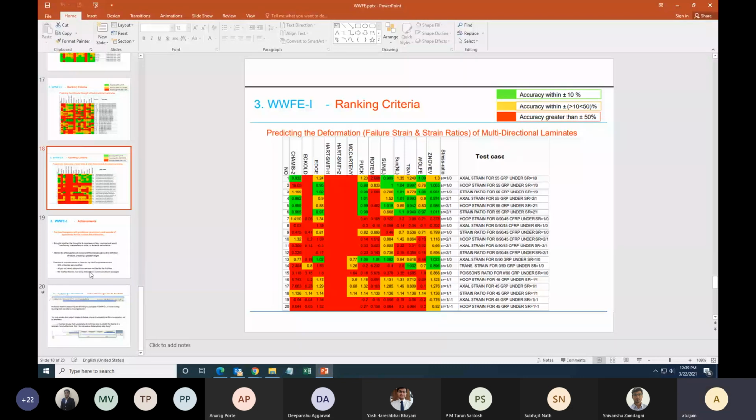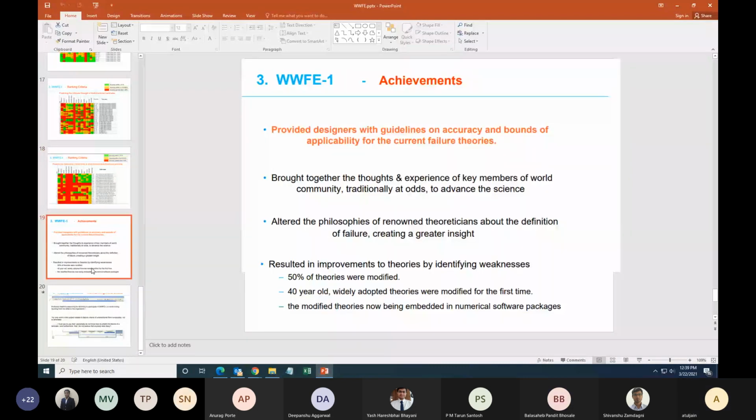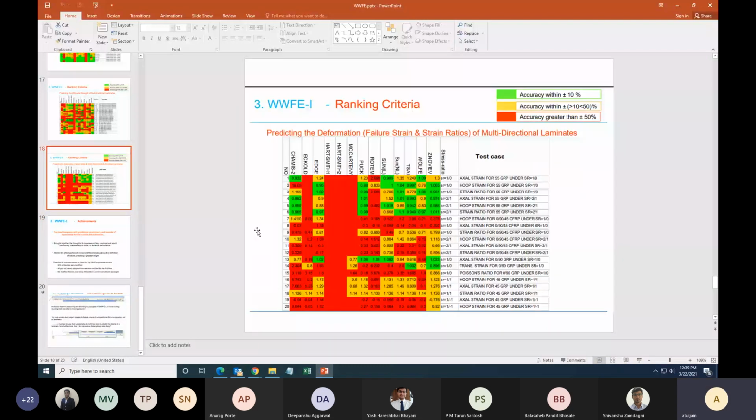Sir, we can do comparative study for various points through these theories, na? That is what was the point of exercise. That this is what this table is telling you, that if your hoop strain is for 55-degree glass fiber reinforced, loading ratio 1, Sun's criteria is very accurate, Zinoviev's criteria is very accurate, Wolff's criteria is not so accurate, Cuntze's criteria is not so accurate. This gives you a comparative statement.